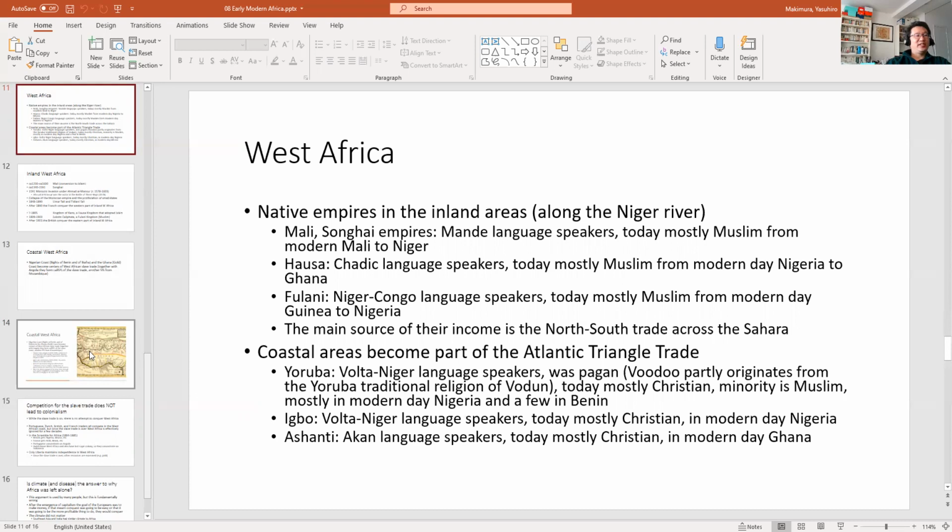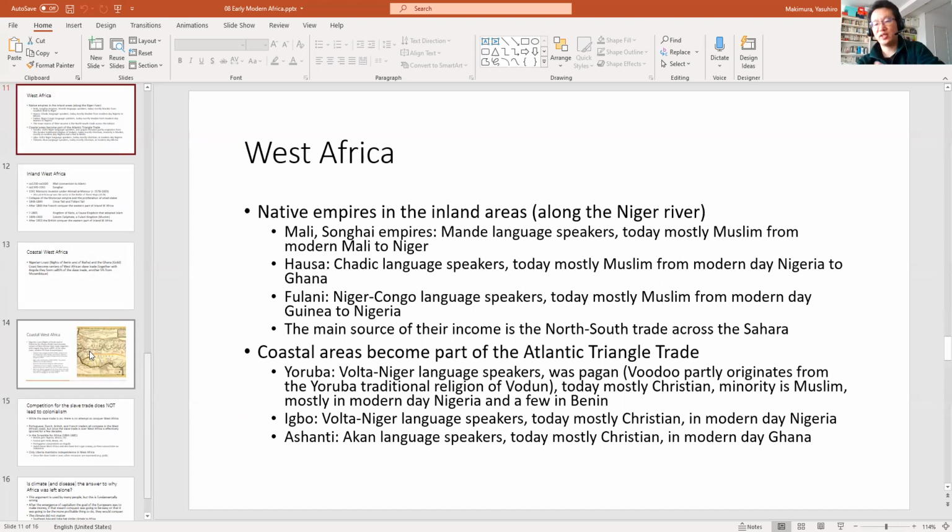So what happens is that these empires then go south and raid these pagan areas to the south of them, and then they capture these people and sell them into slavery. Right? So once these people accept Islam, then obviously the kids can't be enslaved. So this engagement with the slave trade was pretty old, and West Africa was an exporter of slaves through the trans-Saharan trade route to the Arab world.